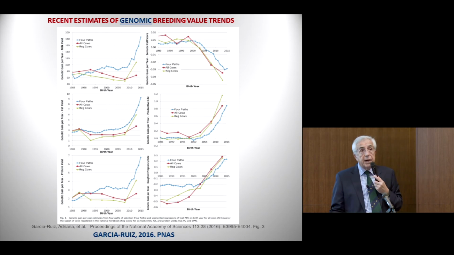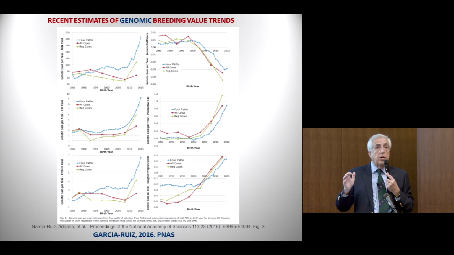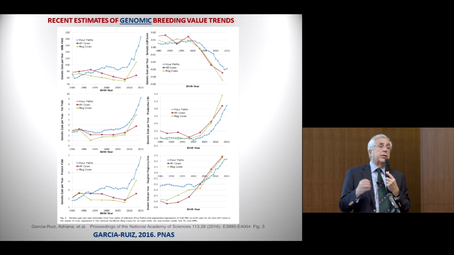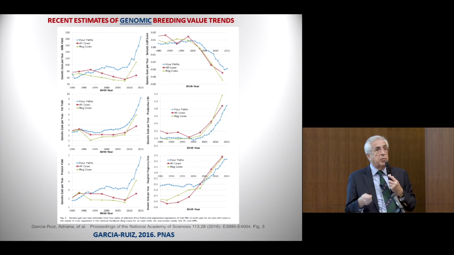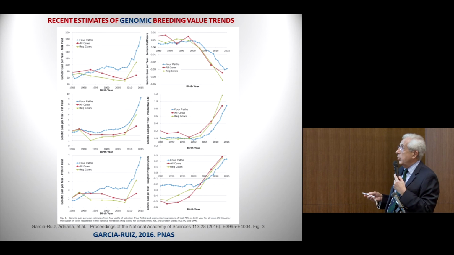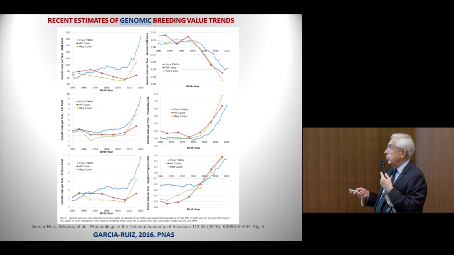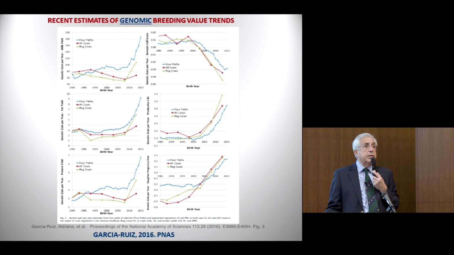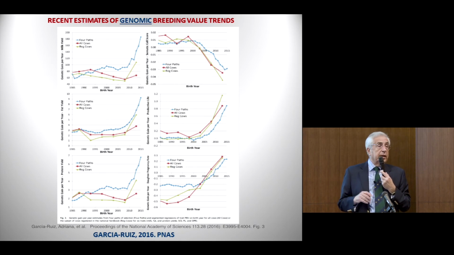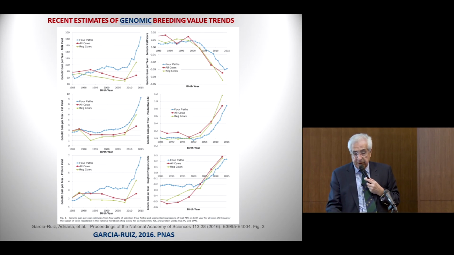In the Holstein breed, which is actually a machine of producing milk, reproductive performance was deteriorating very severely, and the reason was that increased selection for milk production was making the animals less functional. So then when selection objectives changed to give more emphasis to reproduction and genomics came into the picture, then things started moving in the right direction. So it looks like we are doing things right, at least in dairy cattle, getting more productive animals that are healthier, that reproduce better, and that stay for a longer period of time in the herd.